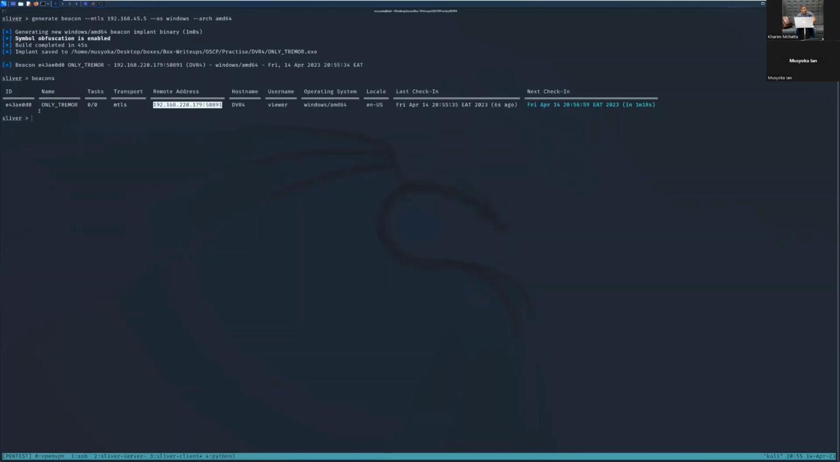This is the IP address. This is the name of the beacon. Then the next check-in is going to be in 1 minute 18 seconds. So let me try to interact with the beacon. There it is. Then I'm going to specify the command interact to tell it that I need to get an